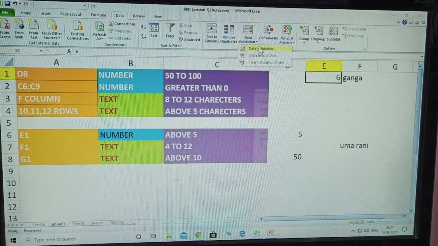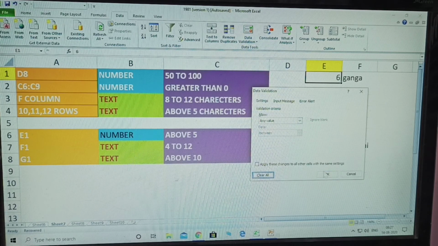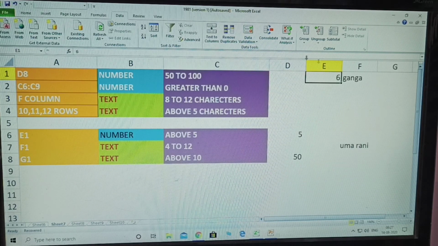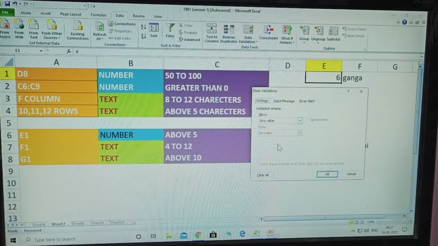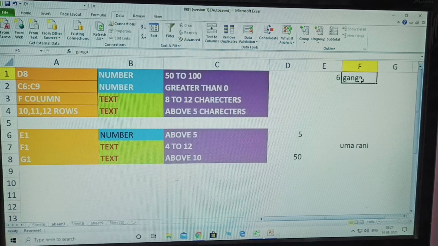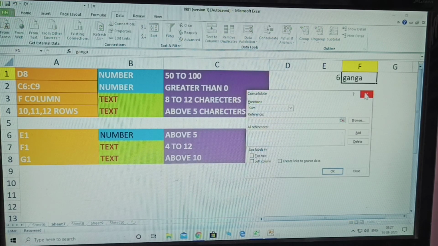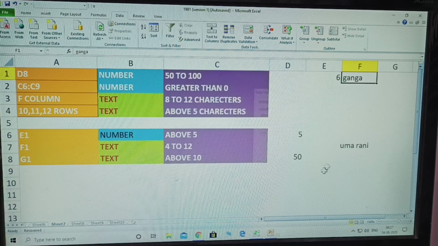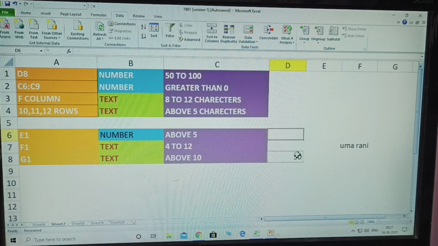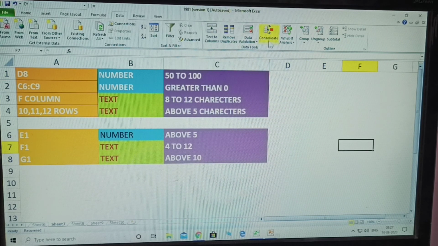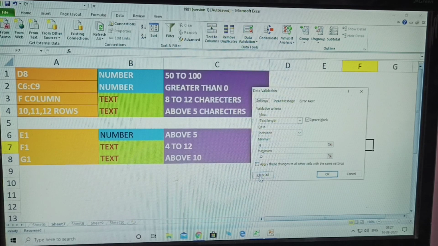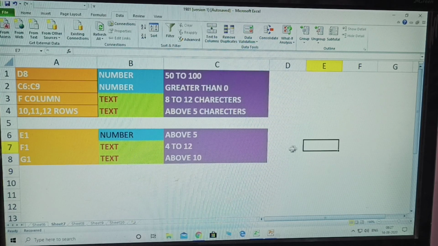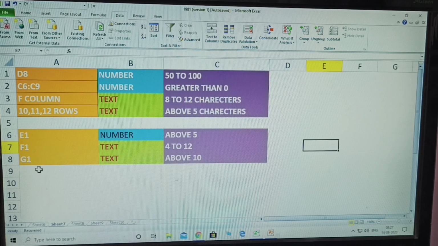Data validation, go there one by one, each and every one, clear all, OK. Next one, data validation, clear all, OK. This type of deleting. Okay, this is called data validation.